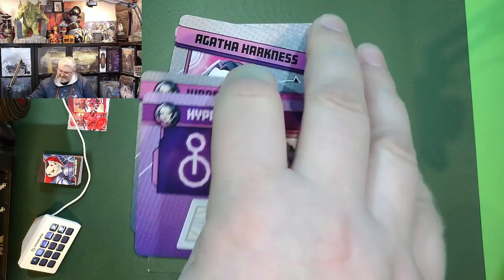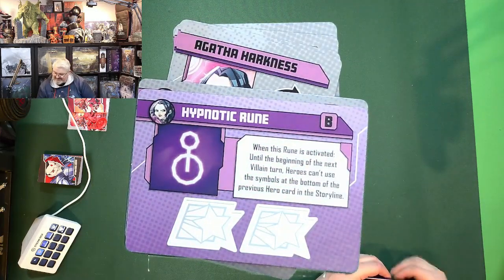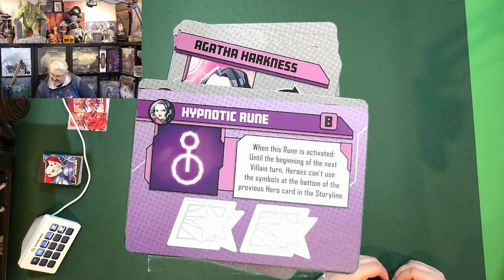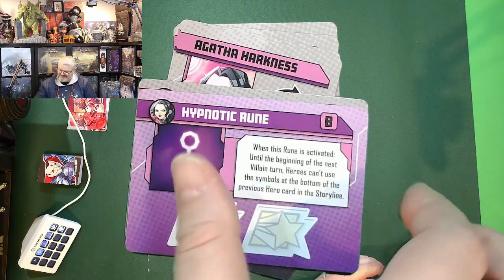Okay, and the B side, so once you've cleared 2 missions and you can potentially clear this. When the rune is activated at the beginning of the next villain turn, heroes can't see the symbols at the bottom of the previous hero card in the storyline. Oh, sorry, can't use that. I was thinking, can't see them? What? Okay, so you can't use